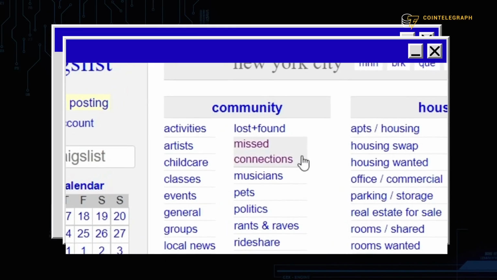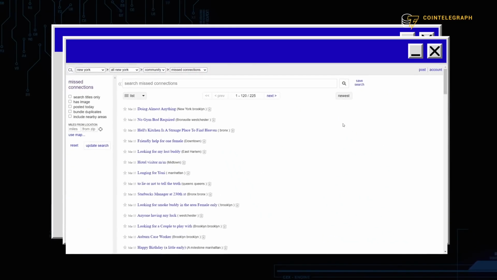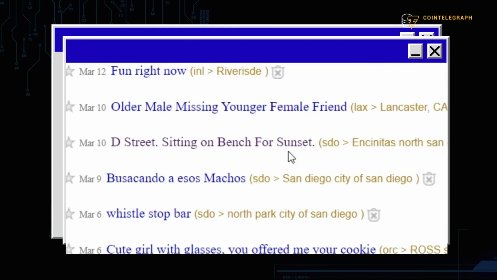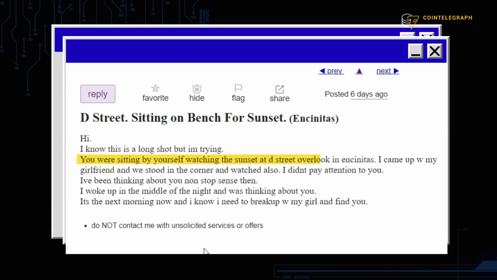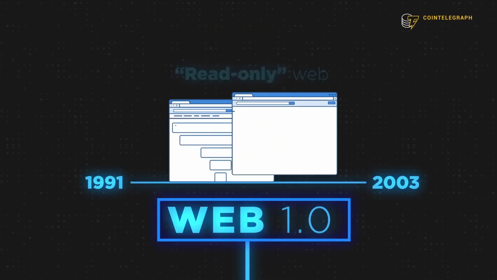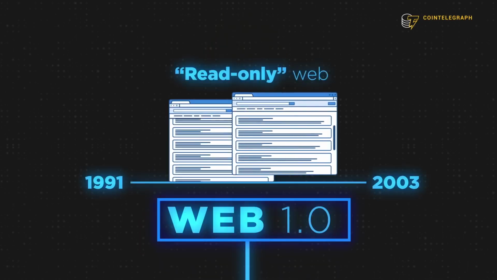But even though it's archaic, it's still fascinating. Just check out this board called Missed Connections. It's a place where people search for other people they might have seen on the street, or at the train station, or at a stoplight. Not being able to view any replies to the post creates this kind of eerie experience. It's like watching people shout their loneliness into the void, and there you are, nothing but a witness. It's kind of poetic, but I think this captures the essence of what Web 1.0 was like.